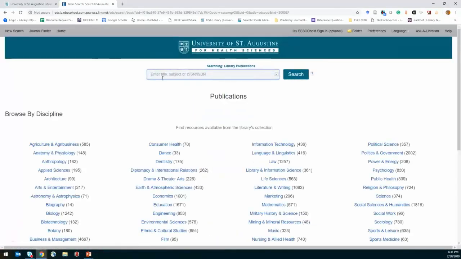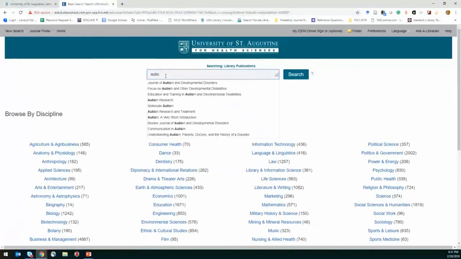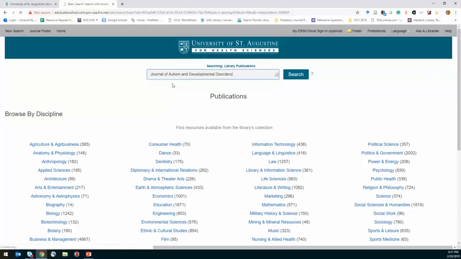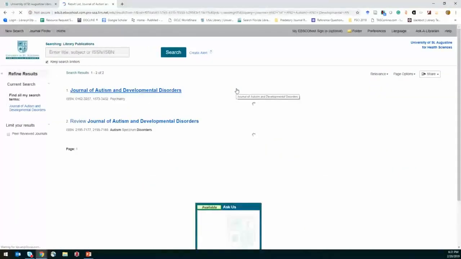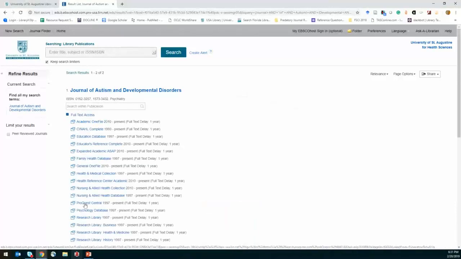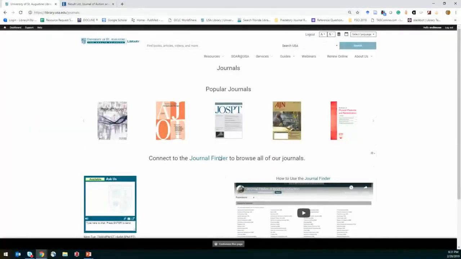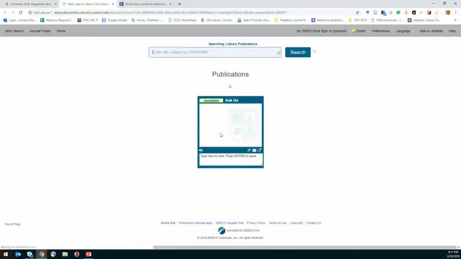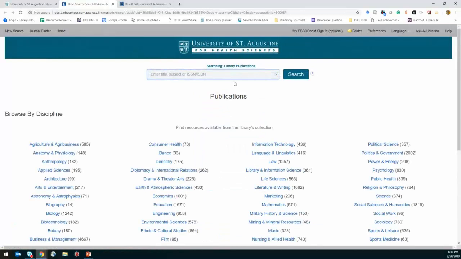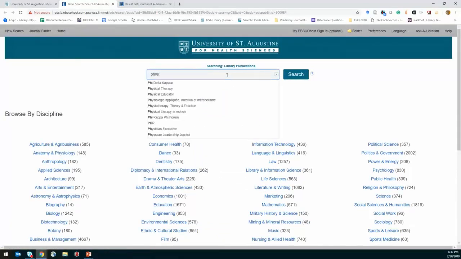So I can do a complex search, say I'm just looking for autism journals. There's a whole list of autism journals there. This doesn't do the citation metrics, it just takes you into the library's collection of those articles. But the keywords and the titles and associations are a good way to search. That journal finder allows you to search and identify topics quite quickly.